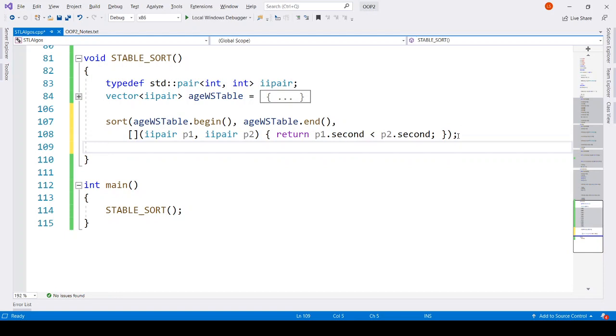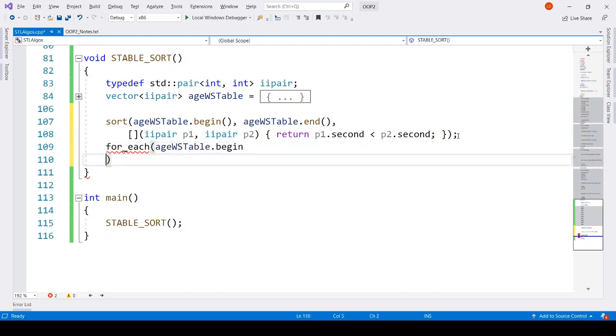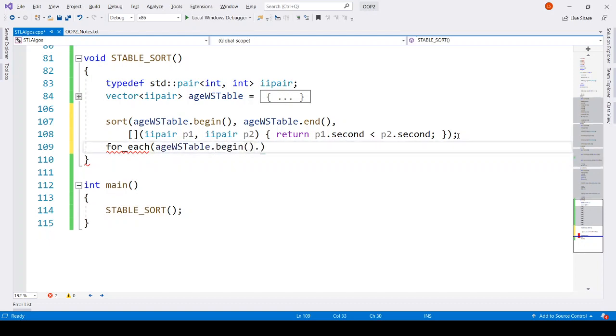So we don't have a regular function to print it because our print vector function only prints a vector of integers. It doesn't take the functor. So let's use for each for this purpose. For each, age table dot begin till the end, we want to print this.